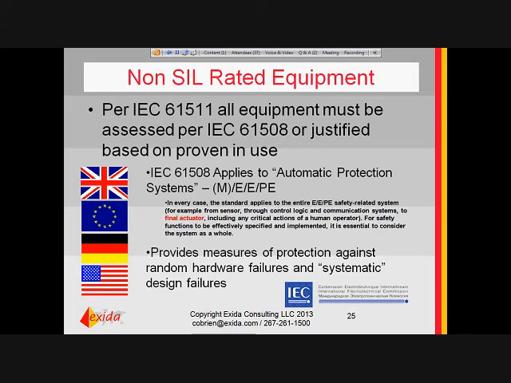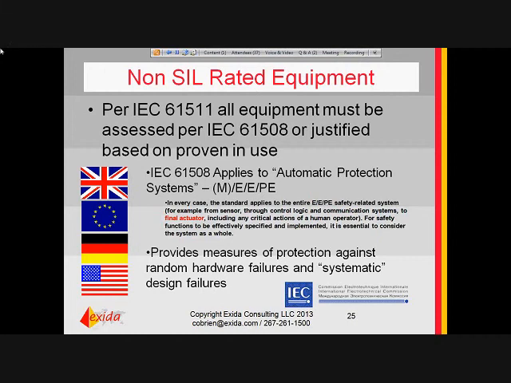And 61508 applies to, as we probably all know, automatic protection systems, and they're basically written as electric, electronic, or programmable electronic, but it doesn't just apply to the electrical parts of the safety system. It applies to anything in that safety function necessary to achieve a safe state. So it applies to valves, it applies to actuators, and